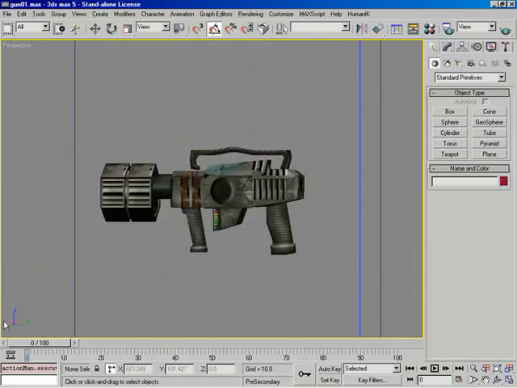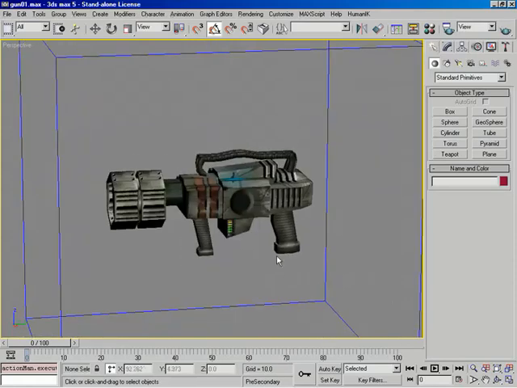And these, again, are based off of preliminary sketches done by the person who actually designed the weapon. And we're not going to walk through